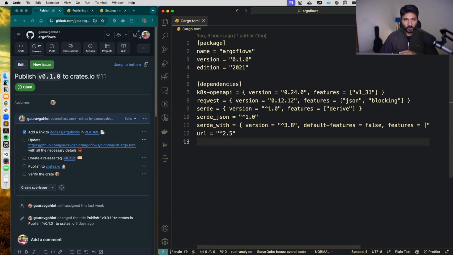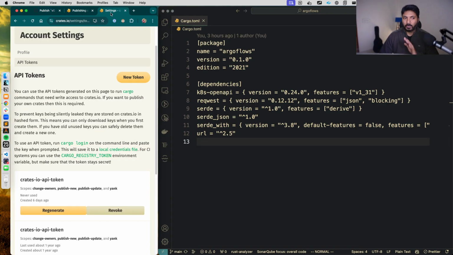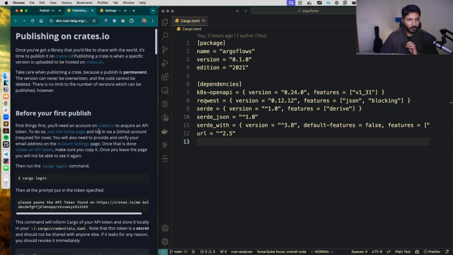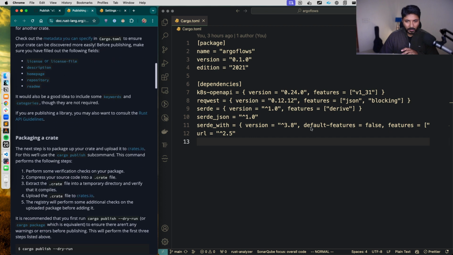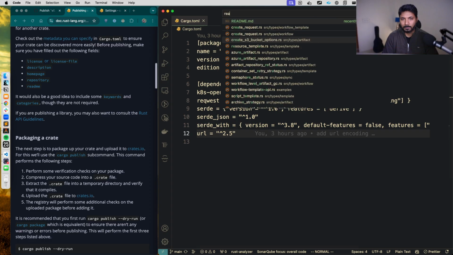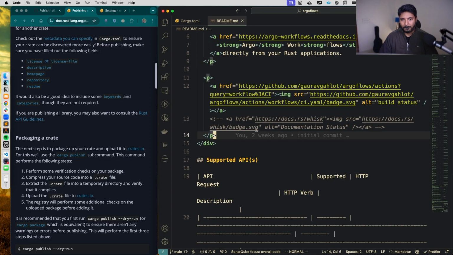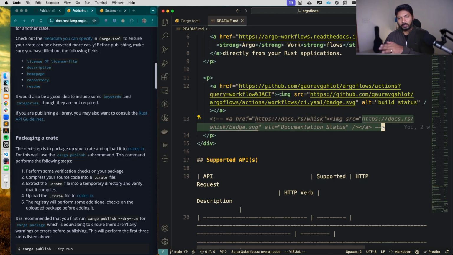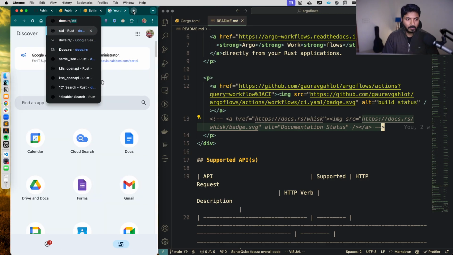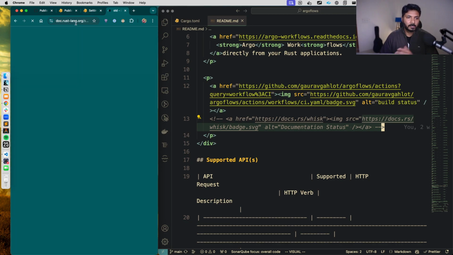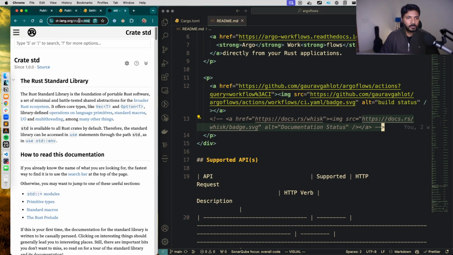However, if you do not have a website, what happens by default is that all the documentation is hosted at this URL, which was the one we were using in the README. All the documentation is published at docs.rs slash the crate that you have. So you can go to docs.rs and, let's say, std, which gives you the standard library. But you can also go to